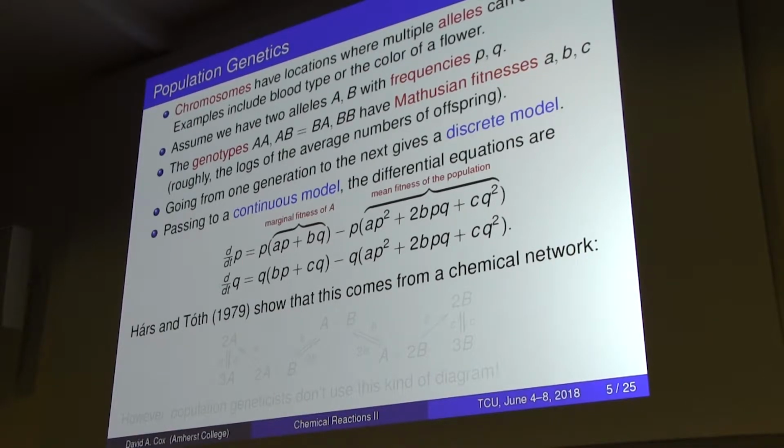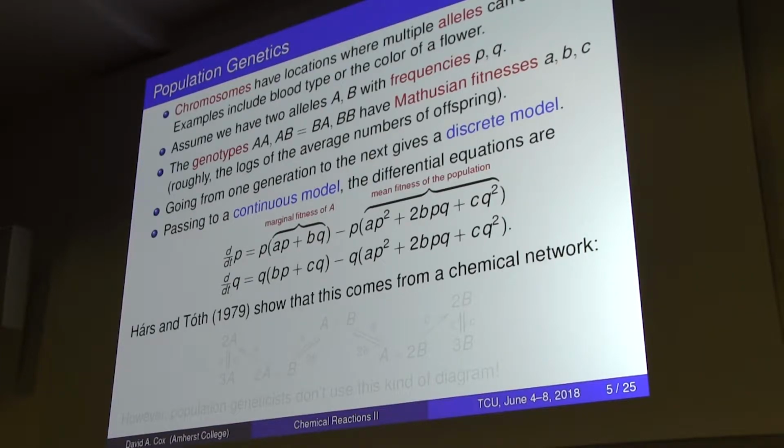Notice that this is a difference of two polynomials, both of which have positive coefficients. So that's the first thing you look for, that in the differential equation, each one is a difference of two polynomials, each with positive coefficients. And then the one that appears with a negative sign in front, notice that the variable I'm interested in is a factor. Those two conditions are the necessary and sufficient conditions for this to come from a